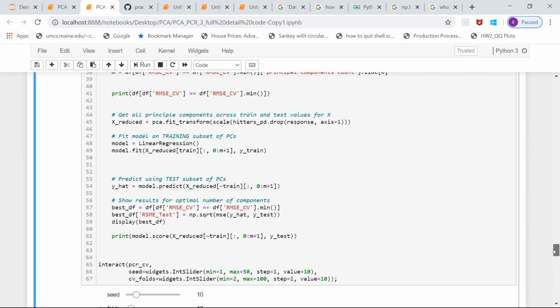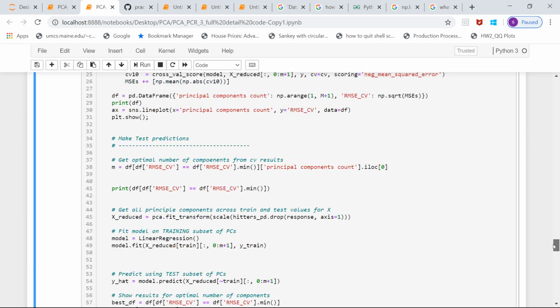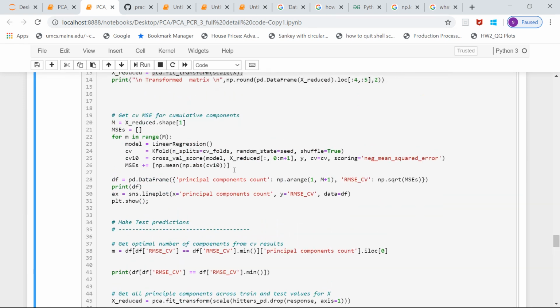So how it is done, let's look at how the cross validation function works. We create a variable model and assign the linear regression to it. We create CV10 where we assign the cross validation score. It is a 10-fold cross validation. So first we are calling the function cross_val_score, saying that we will be applying linear regression over here in the model part.